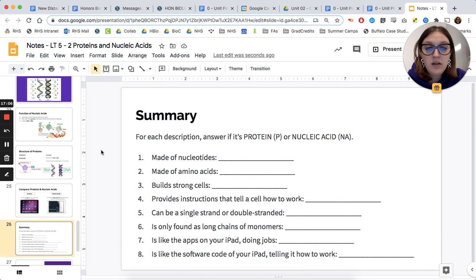All right, let's do a summary. You can pause as I read aloud and answer each question, or you can listen as I read through them all. But for each description, I want you to write if it's a protein